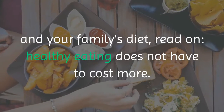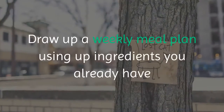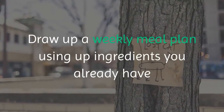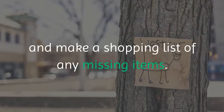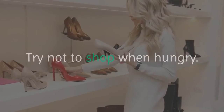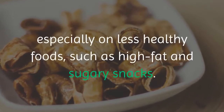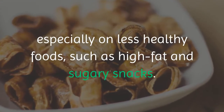Healthy eating does not have to cost more. Write a shopping list. Draw up a weekly meal plan using up ingredients you already have and make a shopping list of any missing items. Try not to shop when hungry. People who shop when hungry are more likely to spend more, especially on less healthy foods, such as high-fat and